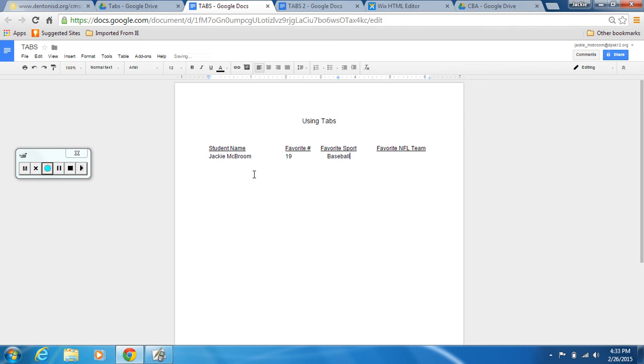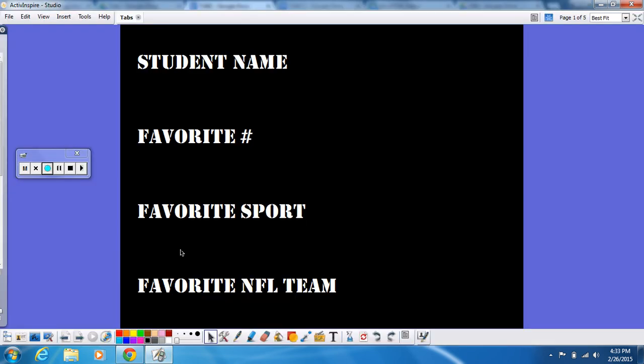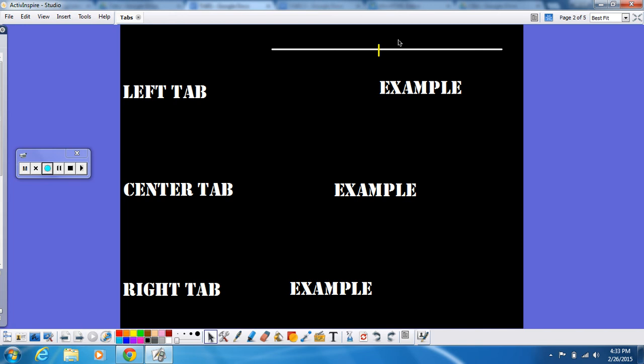Okay? Now when I hit tab again, it takes me over to my favorite NFL team. Okay? Now we have a left tab, a center tab, and a right tab. Now let me explain to you the difference between the three. Alright, here's the thing. If I put a tab up here on my ruler, a left tab will type from